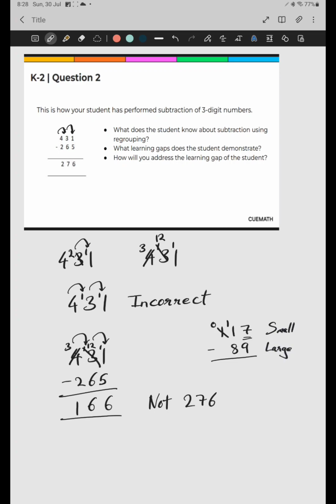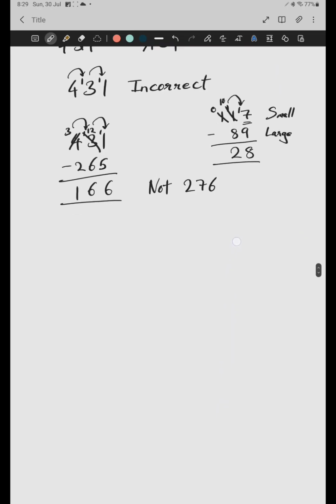9 is larger than 7, so 1 will be carried over, no doubt, but this would become 10, not 11. It's read as 11, and this would be read as 17. Now this is read as 17. So 17 minus 9, we get 8, and 10 minus 8, we get 2. So that's how it's supposed to be done. Now next,